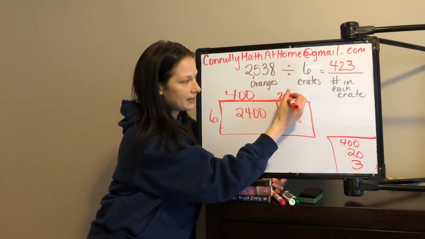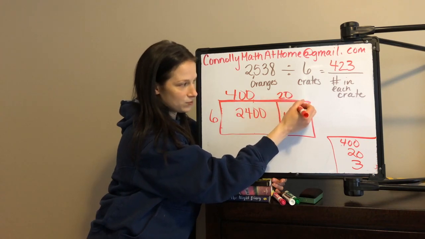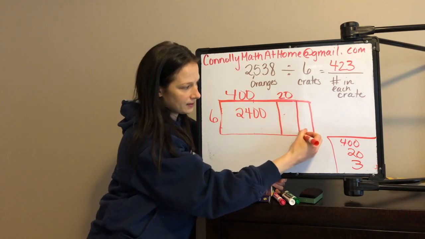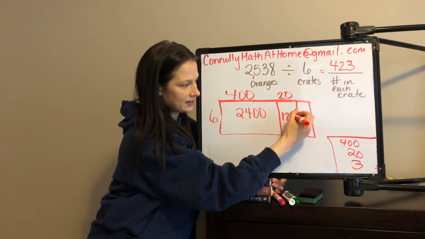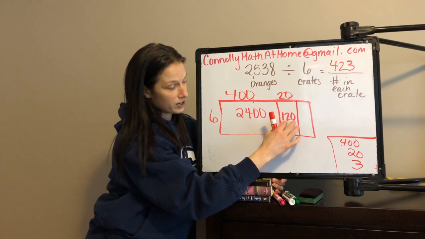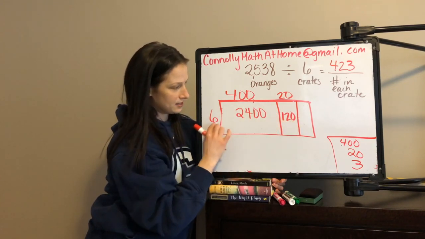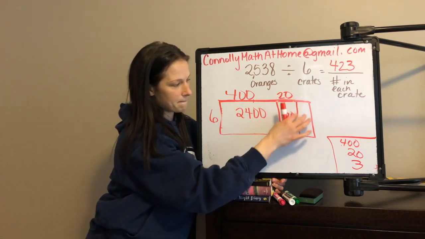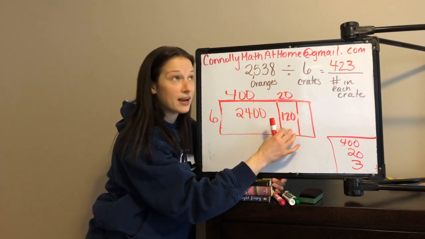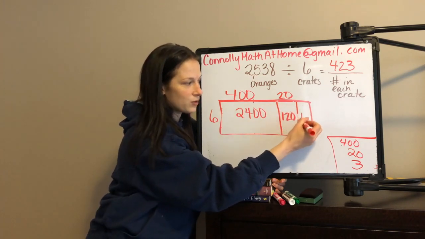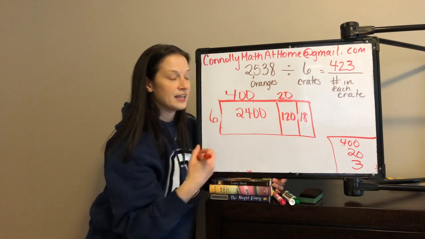So if I labeled this part of the width 20, and I said that this piece represented 120 of the oranges, so we have 6 as the height, 20 as the width. The area of this rectangle here would be 120,